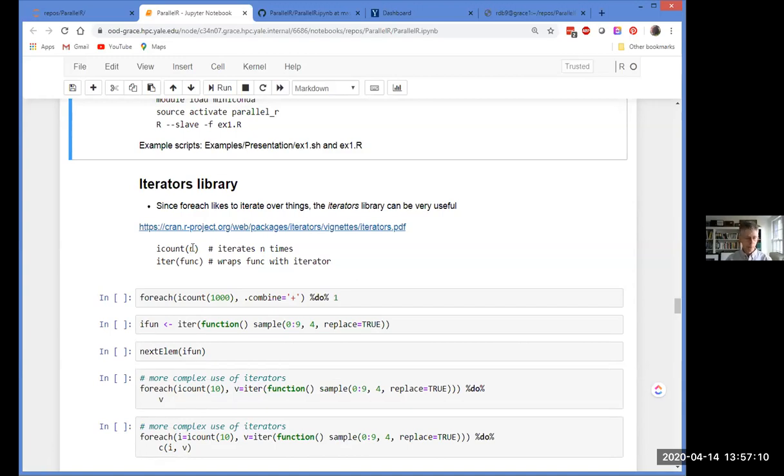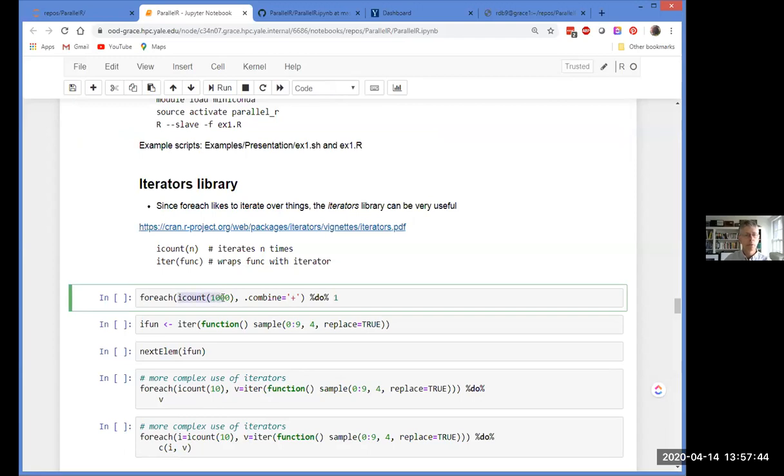Python has a very rich set of functionality called iterators, where iterators are things you can repeatedly query, and they will return you something each time until they run out of things to return to you, at which time you stop querying them, essentially. So it's a way of flexibly looping by querying an object for values. And the same idea works here. And it just turns out, since foreach is iterating over things, it's a natural pairing.